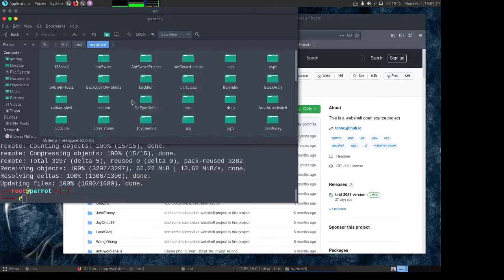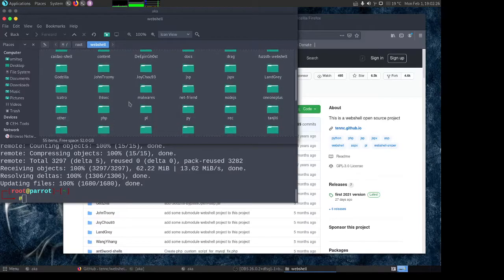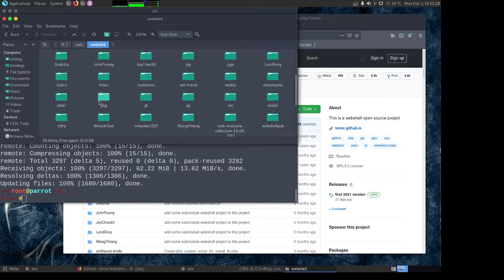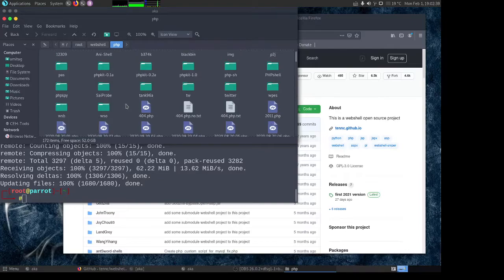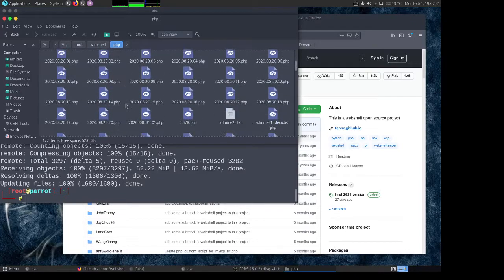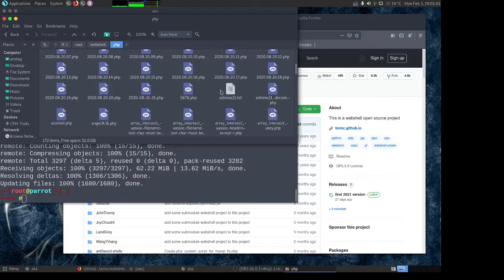So this is an amazing collection of web shells. If you didn't know about this, it has PHP, PL, PY, and a few others, right? So we can, for example, go to PHP web shells, and here you will find so many different web shells that you can use.